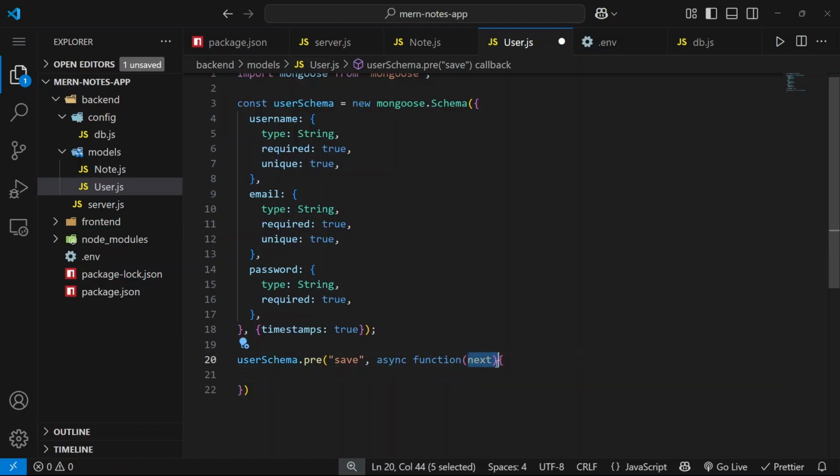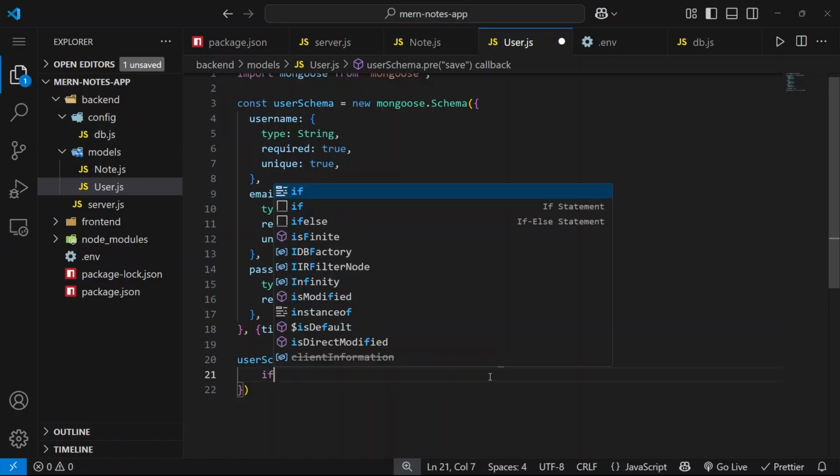The next parameter is a callback. It tells Mongoose when this hook is done, so it can move on to the next step, which is saving the data. Okay, next, let's say the following. If